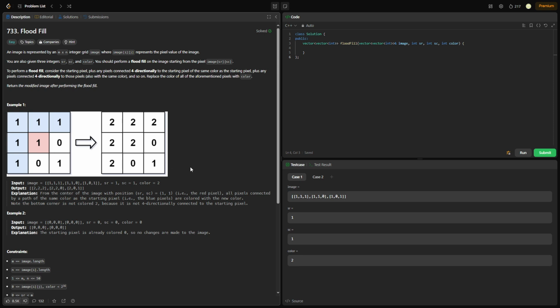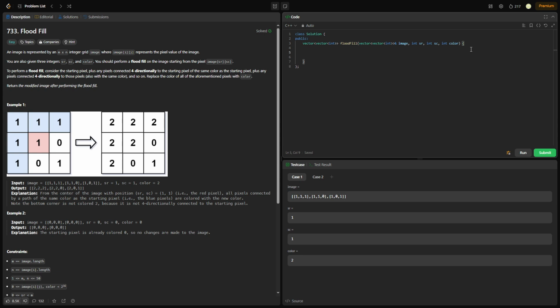So it is initially confusing to know what's going on, but we're basically just given a starting pixel, and we need to go adjacent, right? And then we need to go to those and go adjacent again, and keep doing that until we touch every single pixel that is the same as the starting pixel, and then we convert all of those to color, which is an input. In this case, color is 2, which is why these 1s all get converted to 2. Okay? So it's not that difficult, but it's a little bit tricky to wrap your mind around